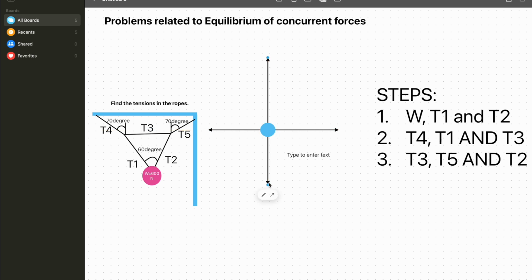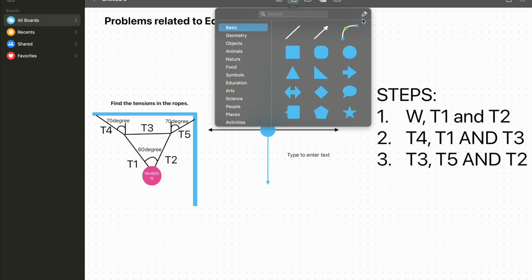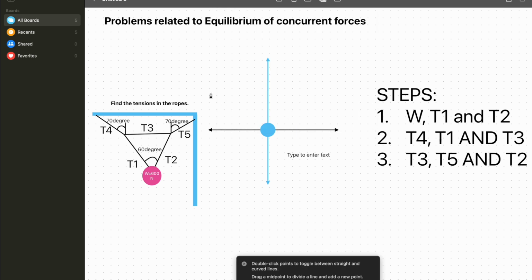Now on this axis downwards, for the force, for the object, the weight 600 Newton is working downwards for the gravitation. And on the x-axis, if we think about the ropes, if we draw the ropes actually separate,